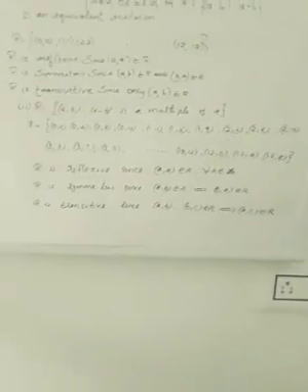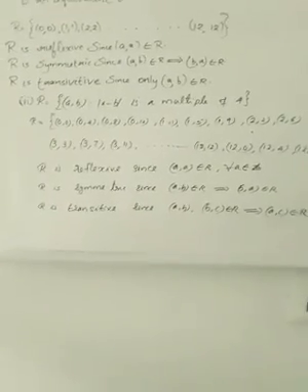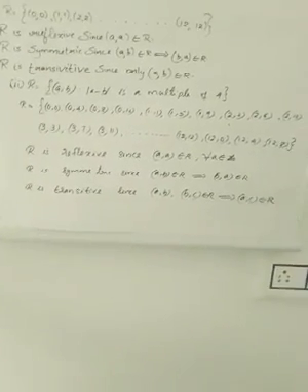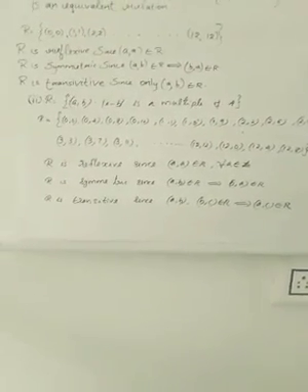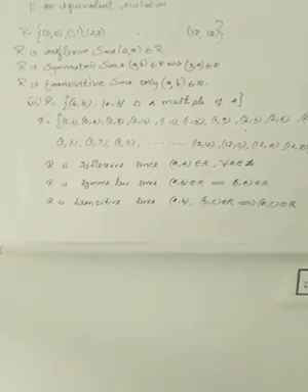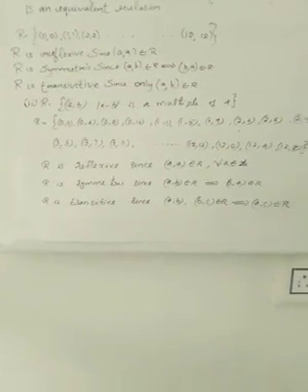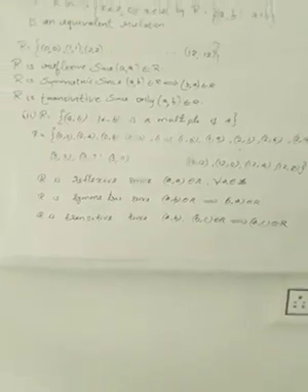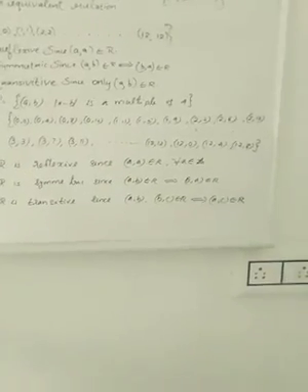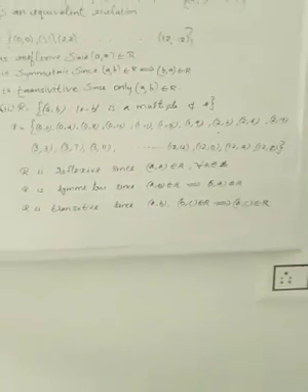Then what about transitivity? Yes, okay, (0,0), (0,4), again (0,4). (1,5) is another relation there, and (a, c) also belongs there. If you write all the pairs, you can find (a, b), (b, c) belongs to R, (a, c) also belongs to R. That means the relation is transitive. Okay, and from here we can say that the relation is reflexive, symmetric and transitive. That means the relation is also an equivalence relation.